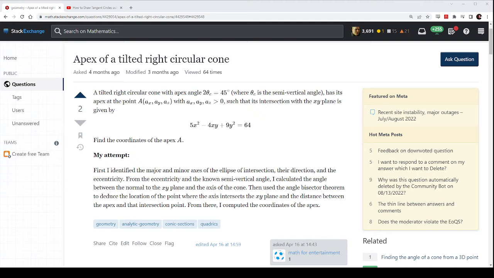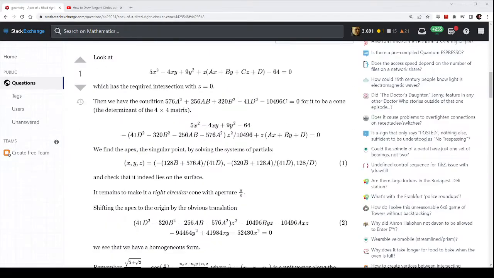Given a conic section, an ellipse, I want to find the right circular cone with apex angle pi over 2. Okay, I tried to answer this